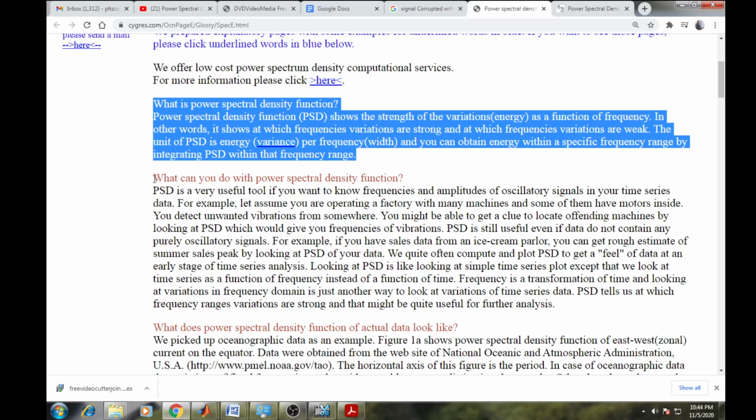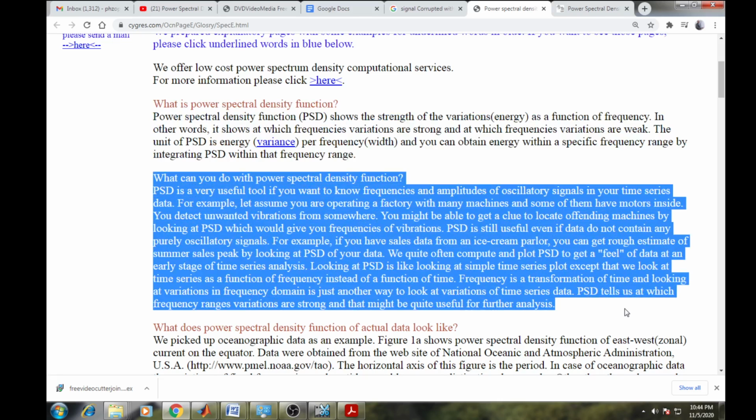Now, what can you do with power spectral density? As I said, you can utilize it in many applications.